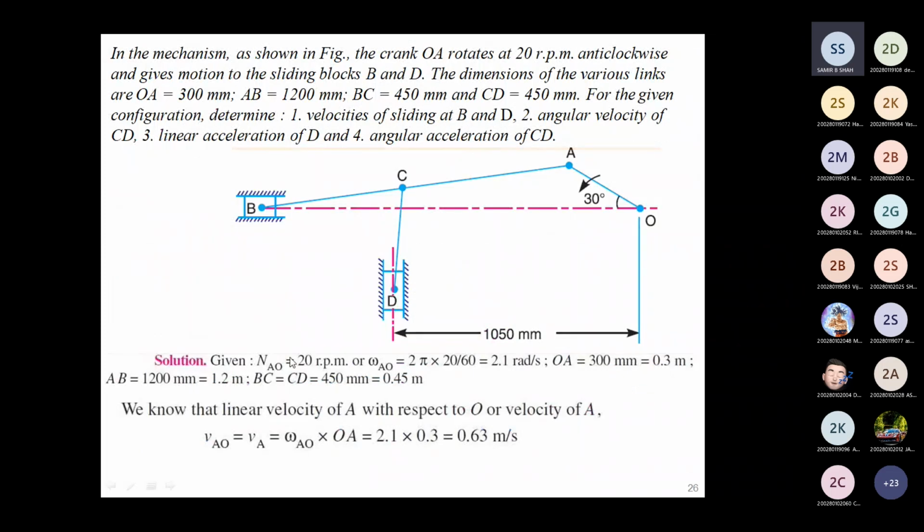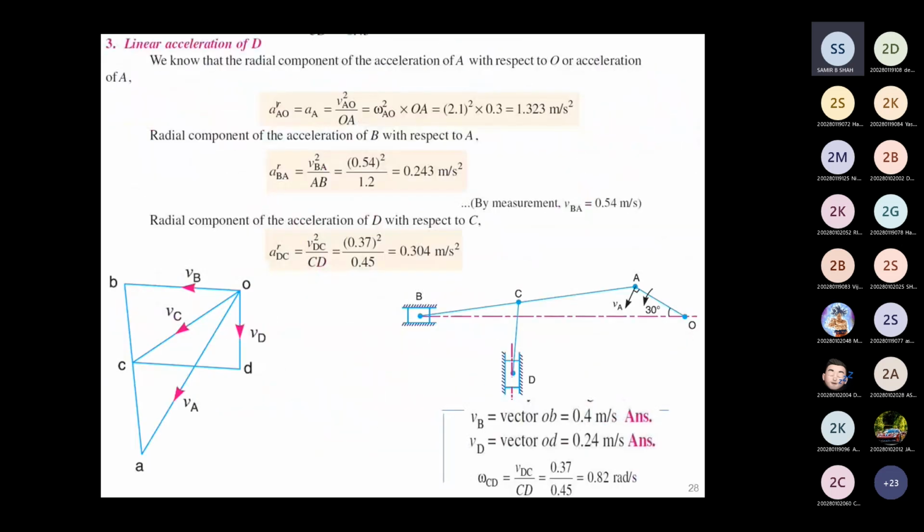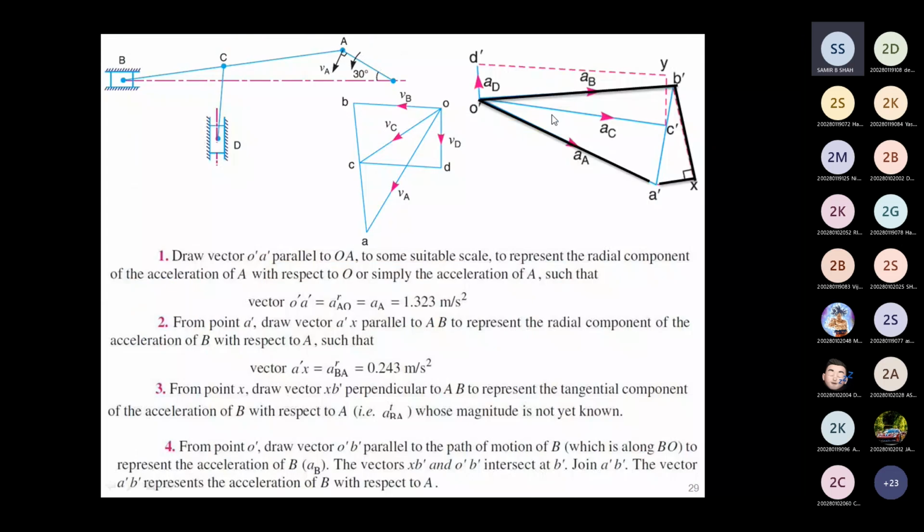So we know very well only the length of OA, whose radial part is equal to the acceleration part. So now draw OA. Definitely we know that it may be in the anticlockwise direction. So we start with the anticlockwise. It may go in the downward side. OA, start with OA,